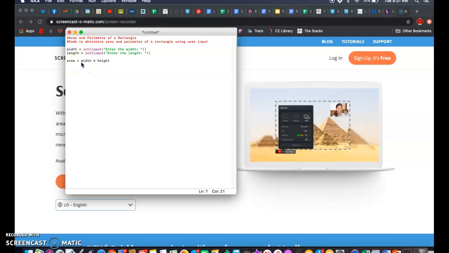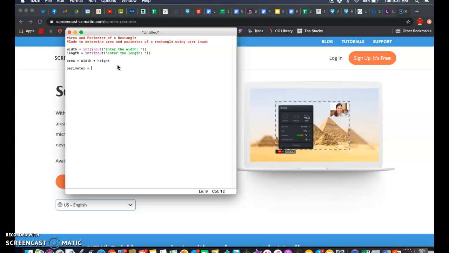Okay, and you got to really watch your spelling. You've got to make sure if it's lowercase up here, it's lowercase here. If you do capitalize up there, you should capitalize here. So I just do everything in lowercase. It's easier. Okay, and then we're going to go ahead and we're going to do the perimeter,